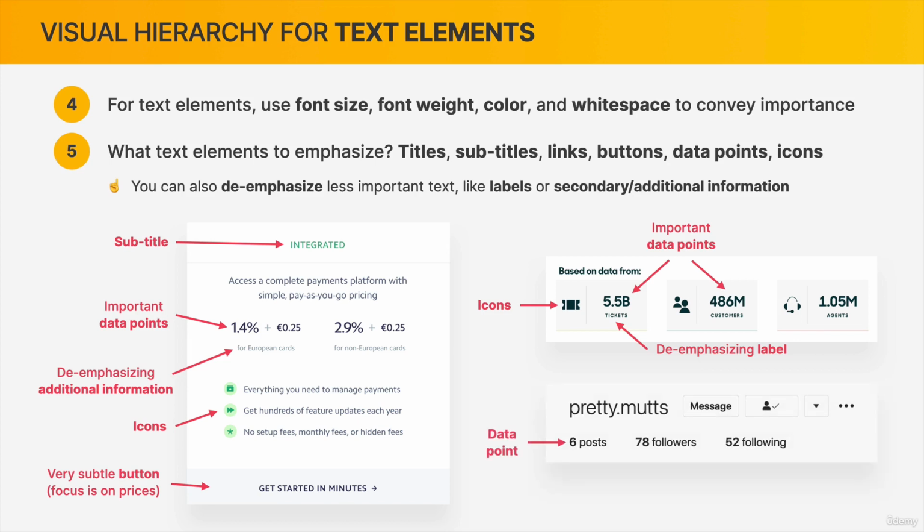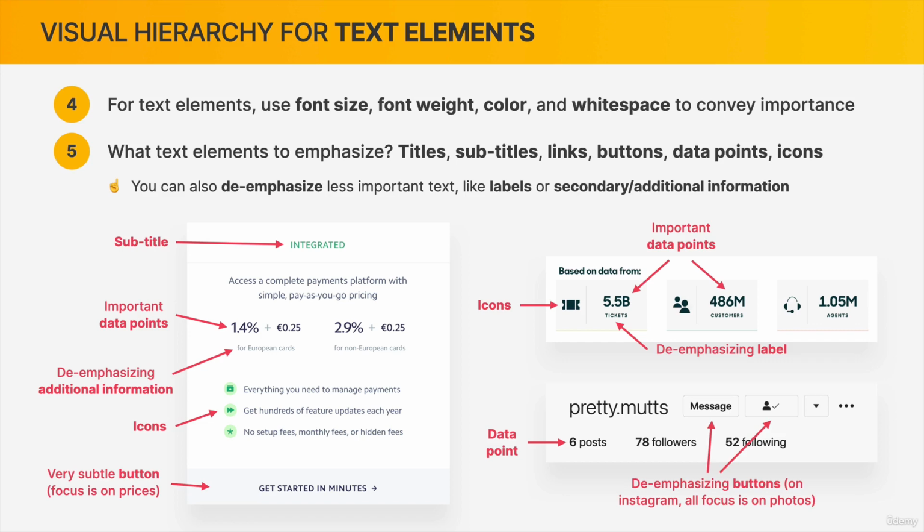Then here, again on Instagram, there is a data point, and then these buttons here are actually really noticeably de-emphasized. The reason for that is that Instagram doesn't want to take any attention away from the photos. That's also why the mobile application is completely white, basically, except of course for all the pictures. All right. So that was a lot to take in about visual hierarchy for text elements, but we're not done yet,